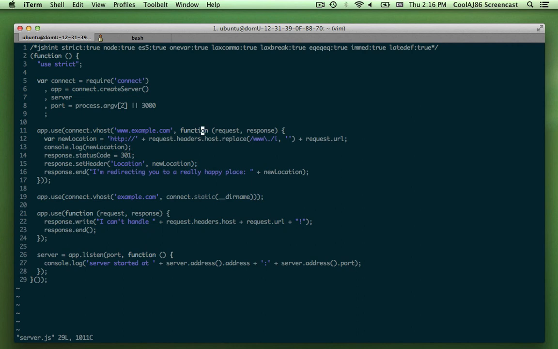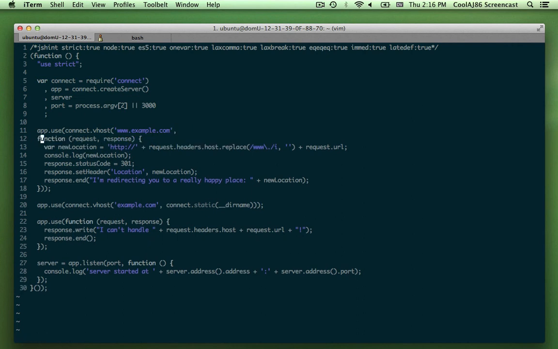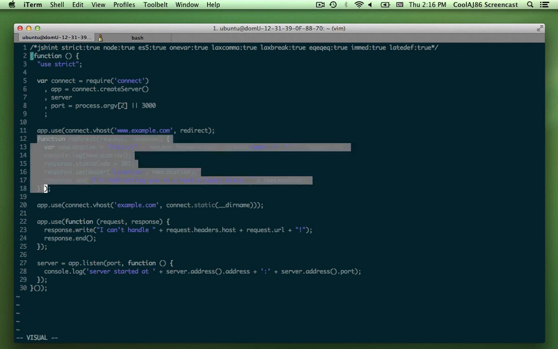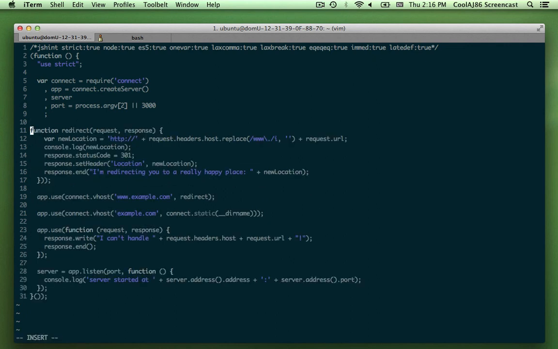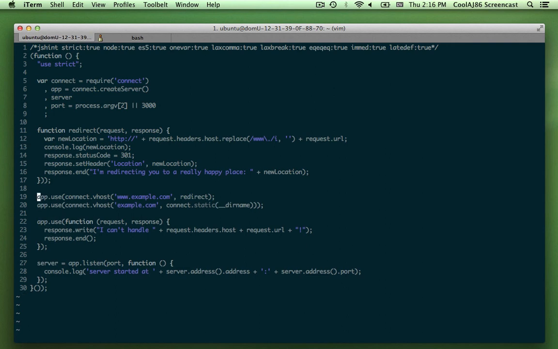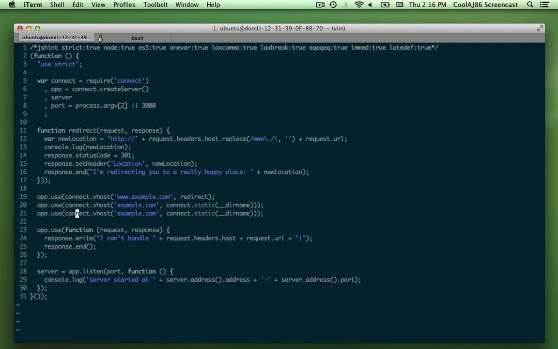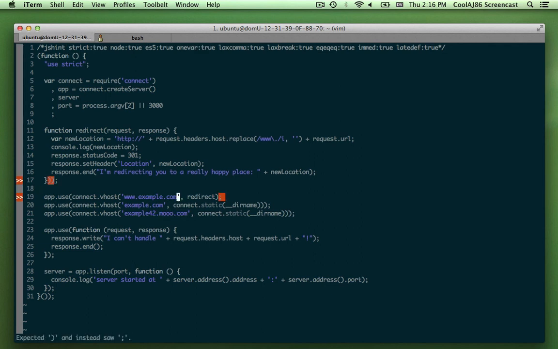So go back in here and I'll just call this function redirect. And I'll call this other function, oh, the other one already separated out. So I'll just add example42.moo.com. And then